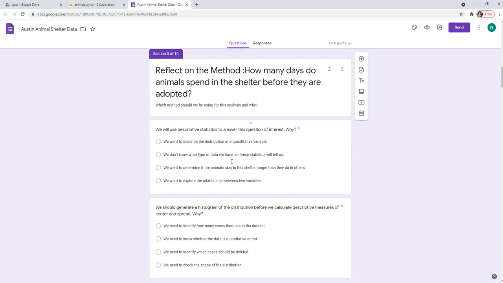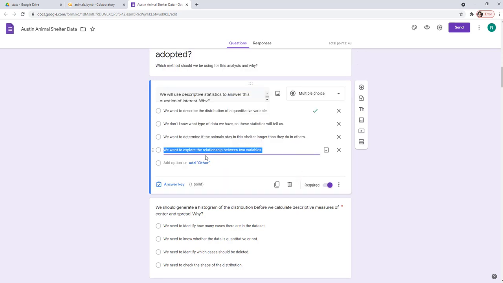Now we reflect on the method. We are actually looking at this question. Before we go ahead and solve it, we need to understand what kind of descriptive statistics we will use. We will use descriptive statistics, but why are we using it? Because we want to be able to see the distribution here. We'll use descriptive statistics to analyze a quantitative variable.